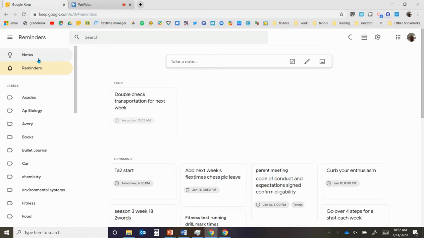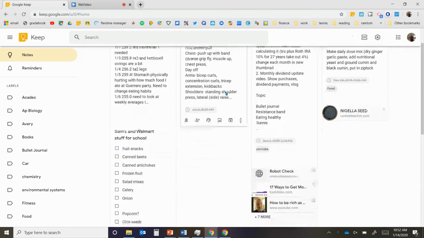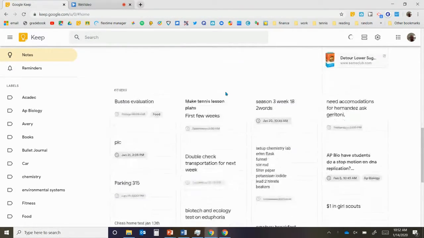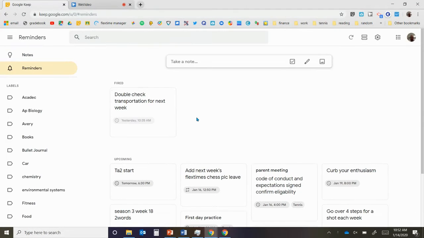So Google Keep is a free app from Google. You have a list of notes. You can make pin notes and you could have regular notes, right? You also have reminders. Now, the key that I use in reminders are timed reminders of when I need to